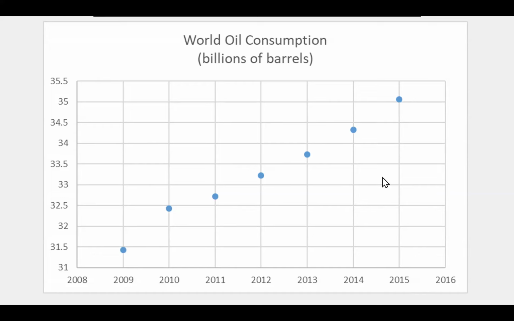Well, if we tried to predict 100 years away from this, if I tried to do a prediction in the year 2115, this pattern is almost definitely going to break down